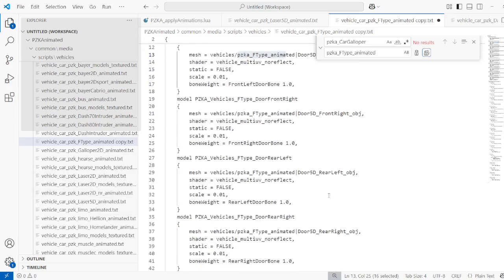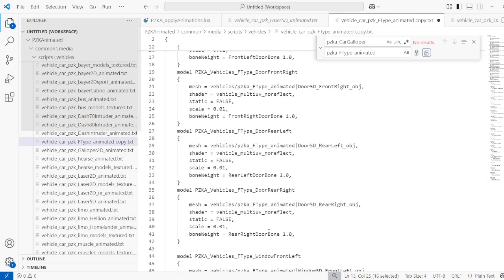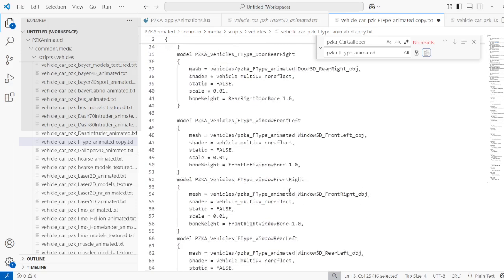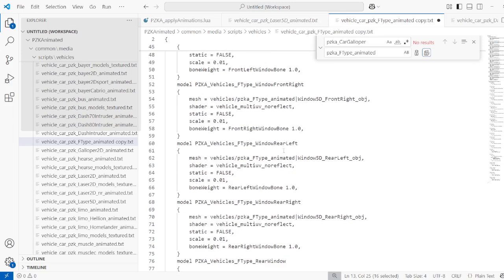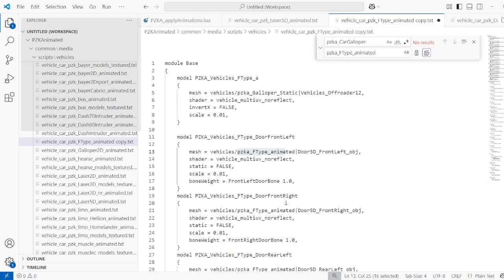Anyway, before the stream started, I made a copy of this Galloper 2D or 5D, if I'm not dumb. Yeah, I have doors, rear right doors here, and windows, rear left window, rear right, yeah. All of those types here. And let's make sure. Okay,